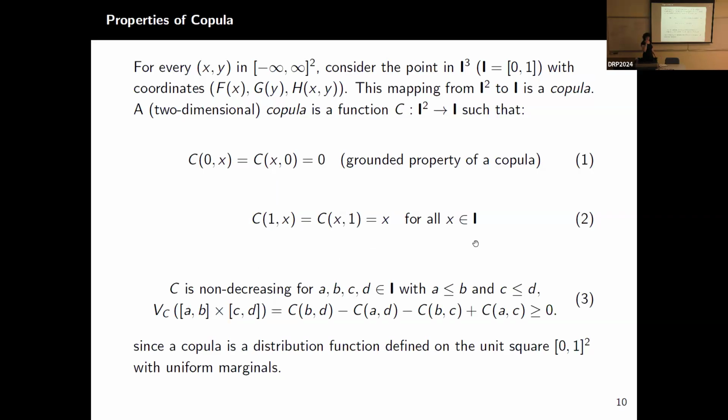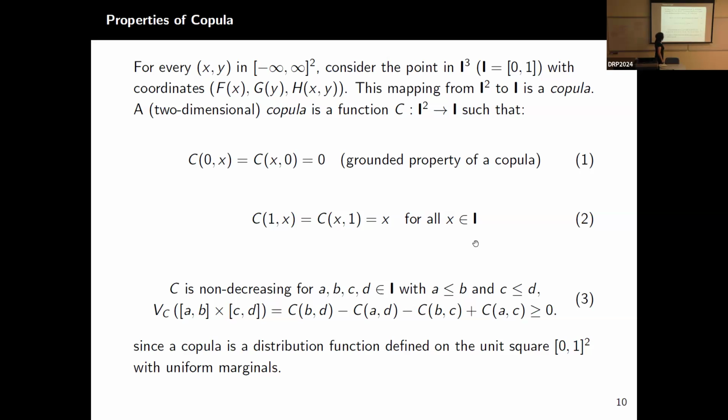And let me also mention some properties of copula. For every x and y, let's consider the point in the I cube with this coordinate. Maybe you can also sense that the first two are the marginal distributions, and the second and the third coordinate correspond to the joint distribution. So this mapping from I squared to I is a copula, and a two-dimensional copula is a function that has those three types of